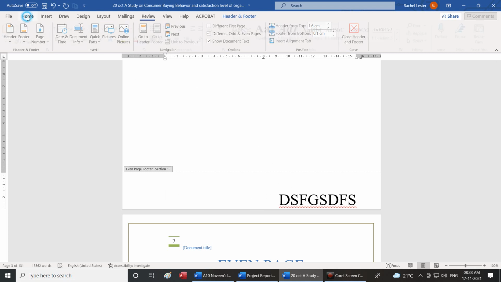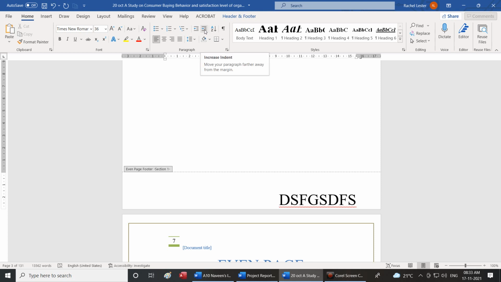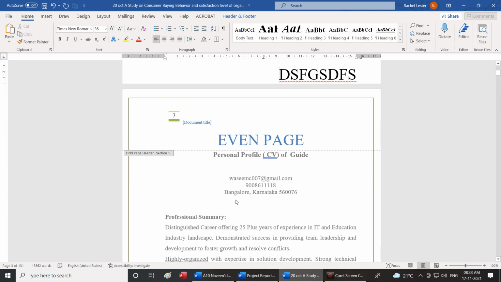We will speak on this indent because here is the place where we are saying increase indent, decrease indent. If you remember the bulleting exercises, we taught you how you could increase the indent and decrease the indent. Same thing can be done even in the header and footer. This is called indenting. Increase indent, decrease indent.